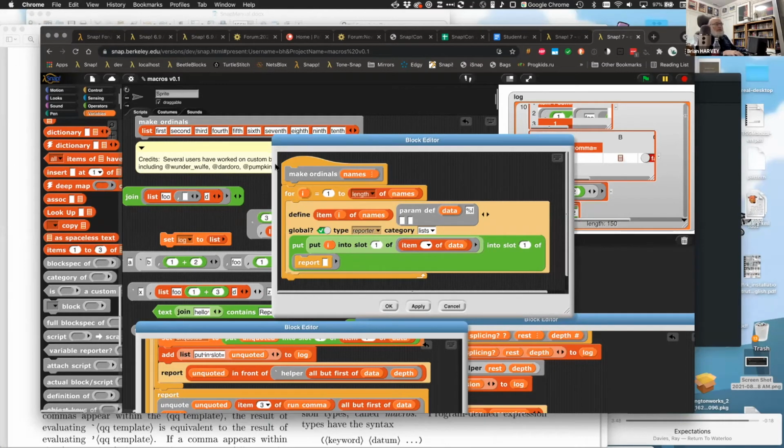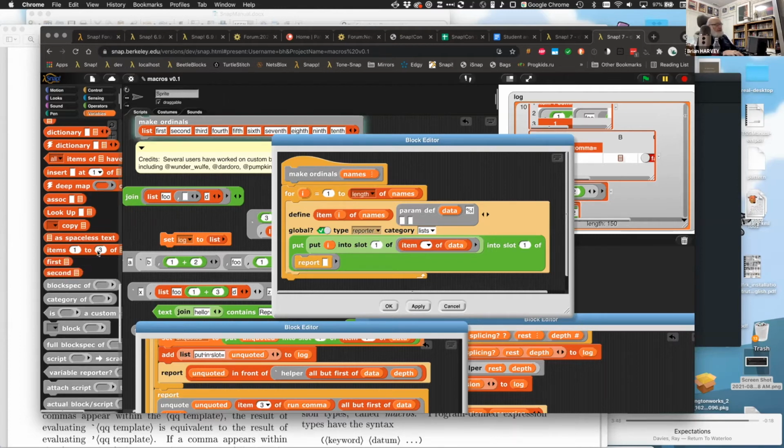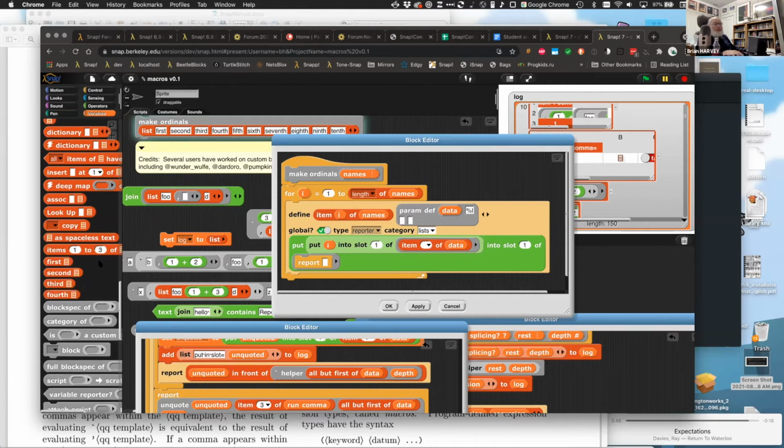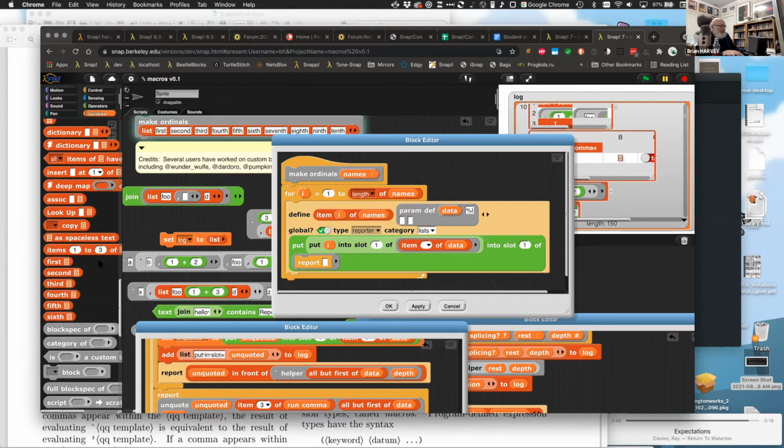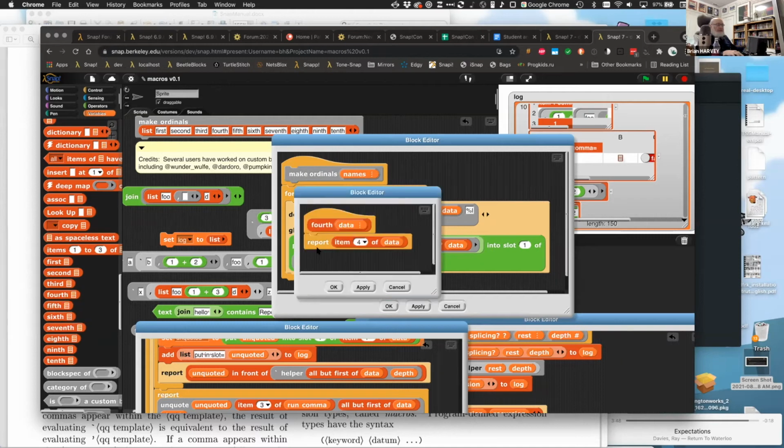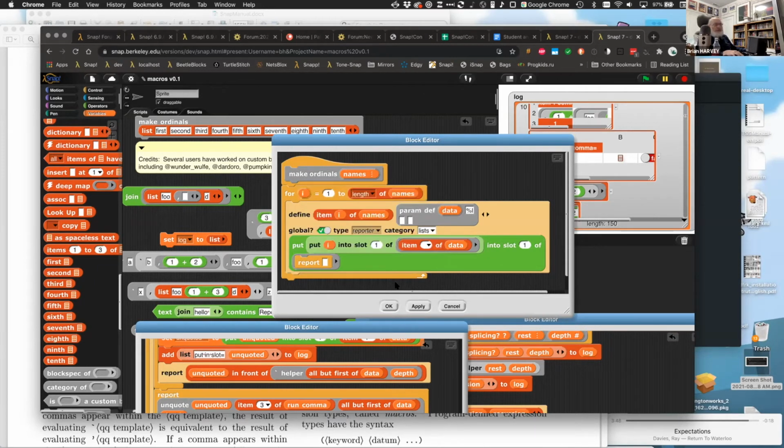But I used it to make ordinals. It's the define that says... And so if I actually run this, you can watch in the palette these blocks come into being. And if I look inside one of these blocks, this is what the block looks like. So this is a very, very, very primitive example of a facility called macros,